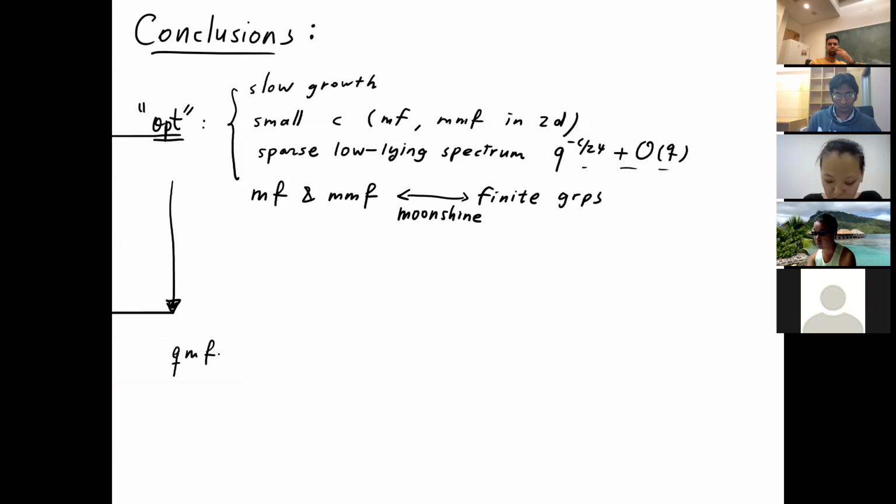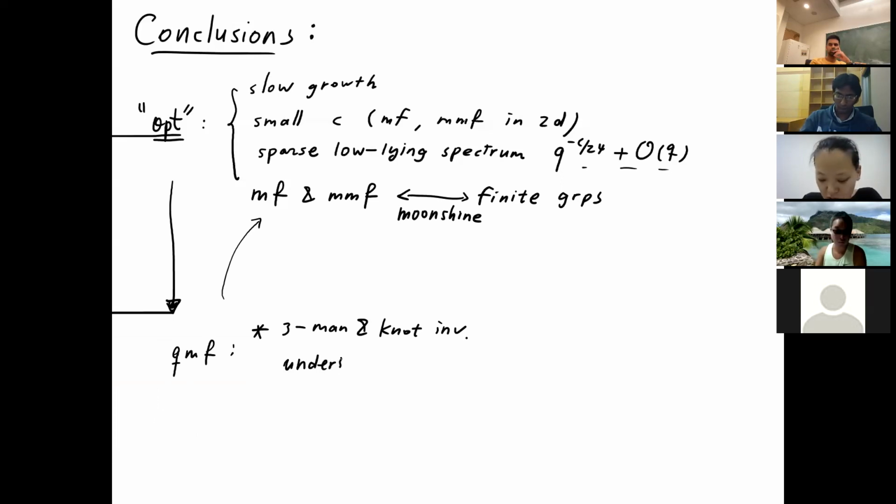So a quantum modular form, okay? And the context we have seen it is the three-manifold invariants, apart from all the above, which also fall into the category of quantum modular forms. Okay, and then their quantum modularity can be understood via the complex transseries, and actually it tells you more than that.